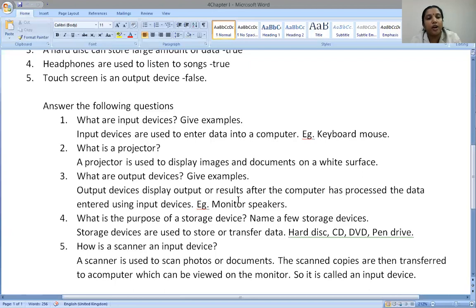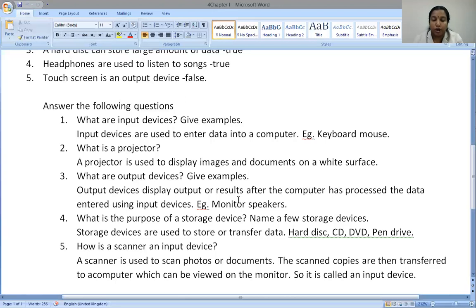Then fourth question, what is the purpose of storage devices? Name a few storage devices. Answer: storage devices are used to store or transfer data. All of you know what a storage device is. CD is a storage device, hard disk is a storage device, pen drive is a storage device, memory card is a storage device.